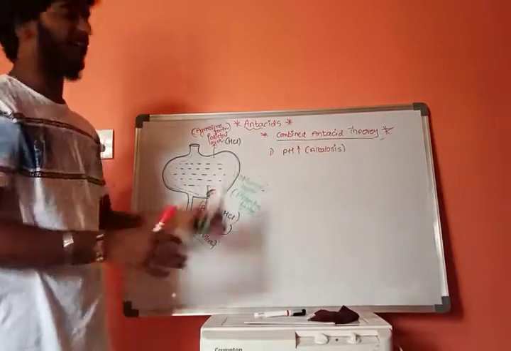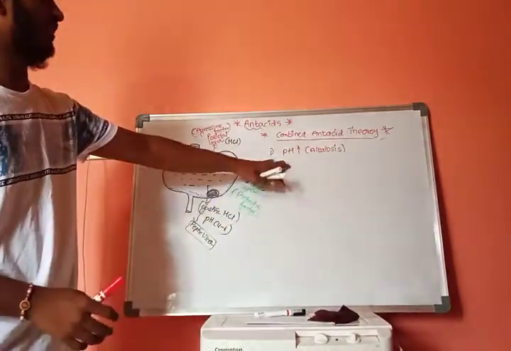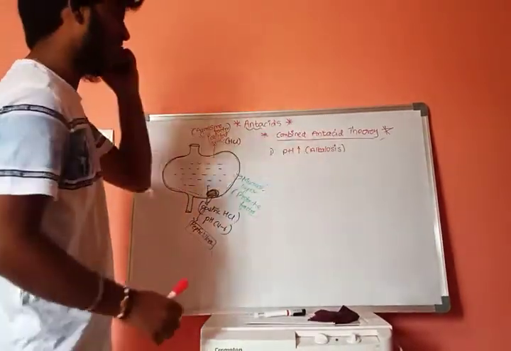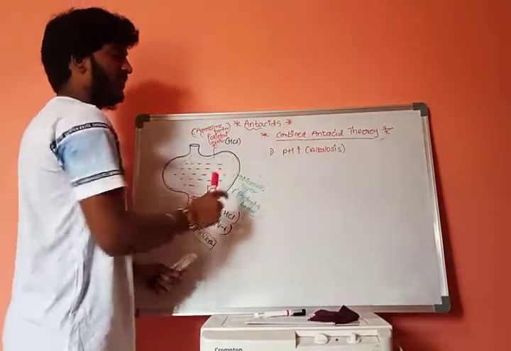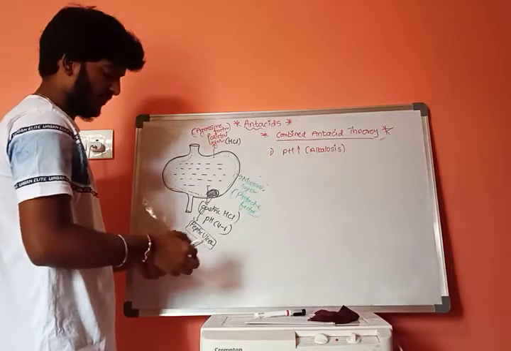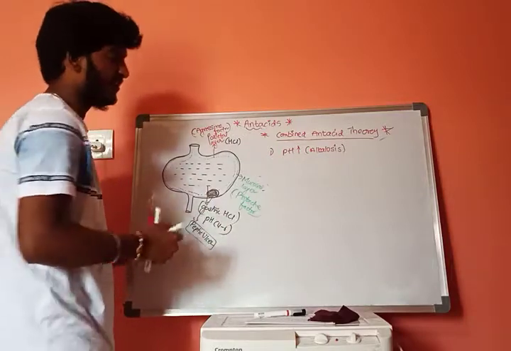If pH value decreases, it results in acidosis. Whenever the pH value increases, it results in alkalosis. And whenever the alkalosis condition arises in our body, now the solution for this is